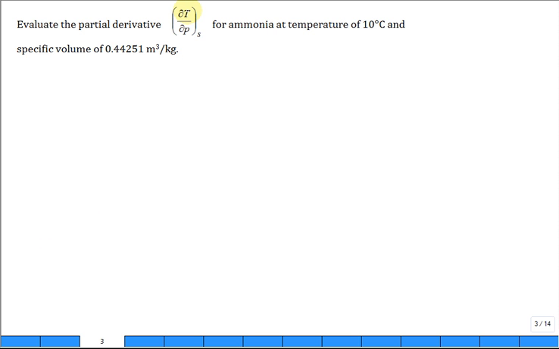Partial of T with respect to P holding S constant. We want to do that numerically using data out of the tables for ammonia, and we want to evaluate that derivative at this temperature and that specific volume. That derivative is a partial derivative, and you're holding entropy constant. So think about temperature being a function of pressure and entropy. Make sense? So these are the two independent intensive properties that allow us to fix the state and evaluate other